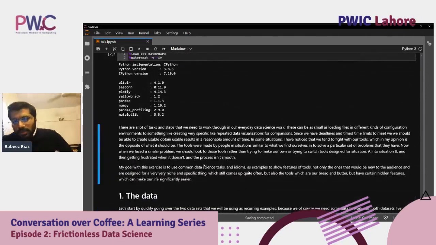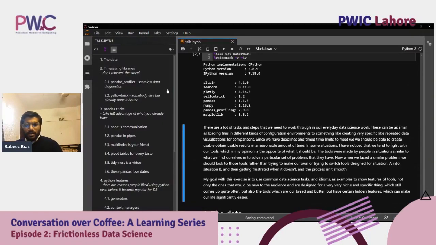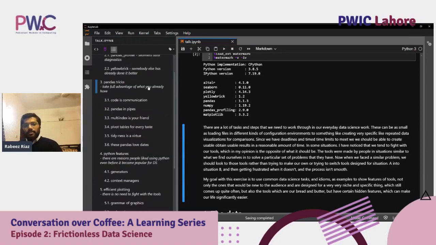So, like I mentioned, we will be going through some tips and tricks to streamline the data science workflow. We will cover some time-saving libraries, which just remove a lot of the busy work, I'll be honest. We will be covering some tricks regarding the pandas library, which is the de facto data manipulation and processing library. And there's a lot of really useful features built into pandas that I don't see